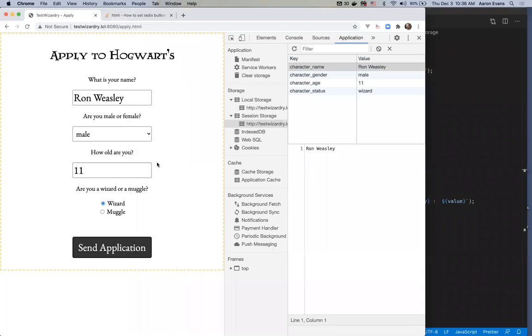All right, so let's see. Okay, so it reloaded, and look, it's Ron Weasley, male, 11, wizard. So what if we go here and we change this to Muggle? And then we reload it, and it changes to Muggle here. If we change his age to 13, and we reload our page, it changes his age to 13. We're doing good here. Changes to female, and we can change it to